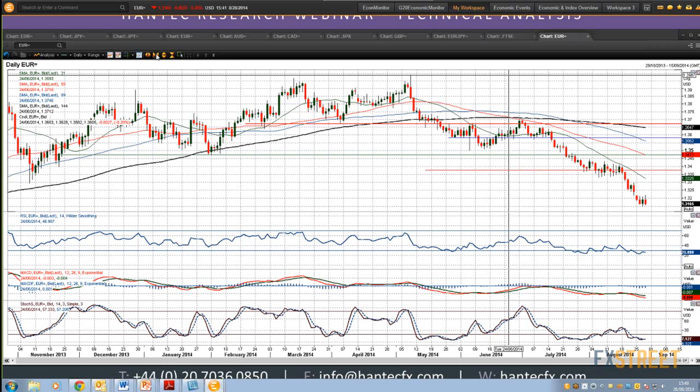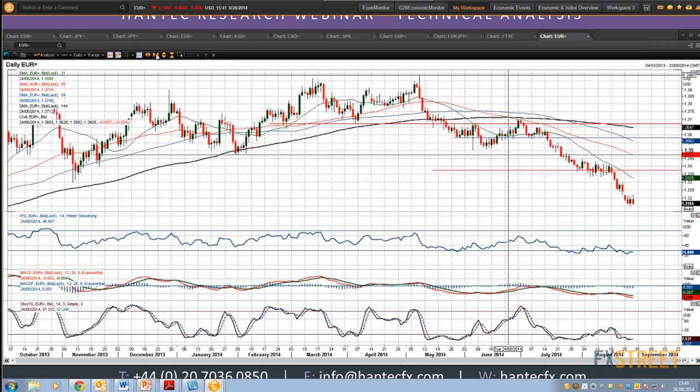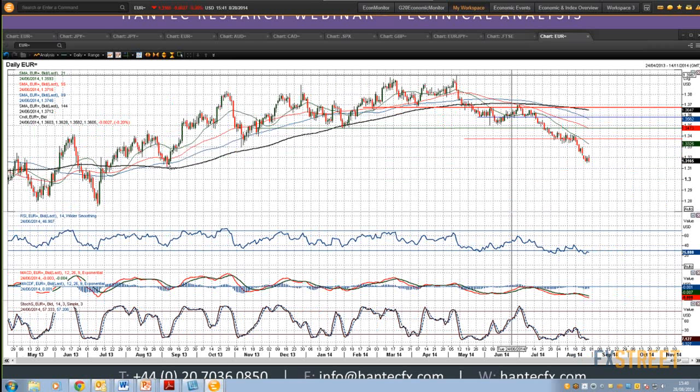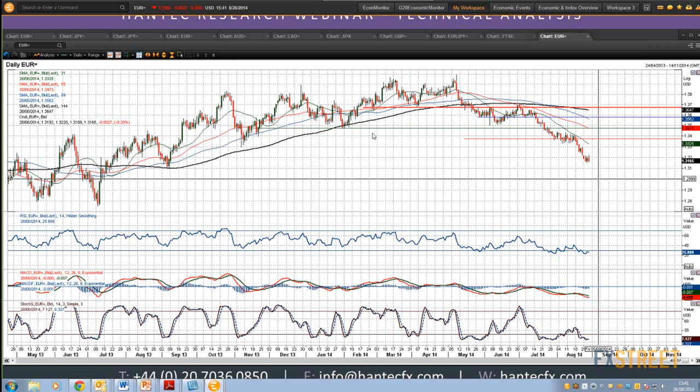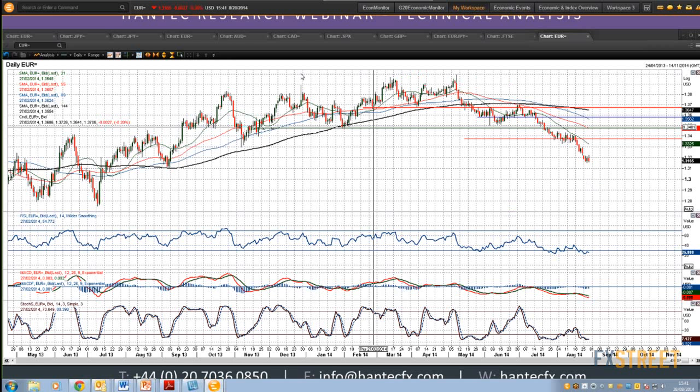You've got this big head and shoulders top pattern, bang. That gives you a downside move of $1.30. Certainly that $1.31 September low looks under threat, but I think $1.30 is certainly within the realms of possibility. That head and shoulders top pattern there is pretty bearish. Look at all these moving averages. Absolutely just